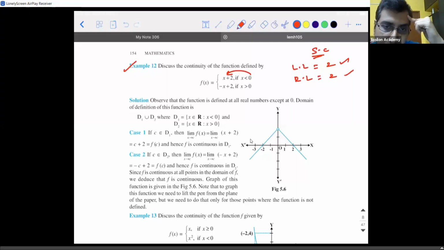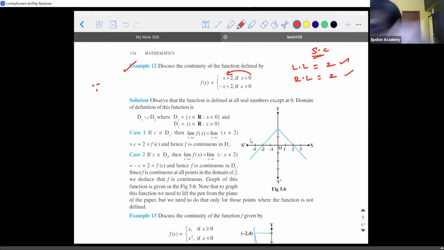Okay. Oh, 1 minute, 1 minute. I made a mistake. Sorry. It is continuous, right? So it is continuous in this case. Why? So still we can say this function is continuous. Why? Because that is the way they have defined the function itself. They have defined the function only for less than 0 and for greater than 0. At x is equal to 0, it's not a part of the domain itself.